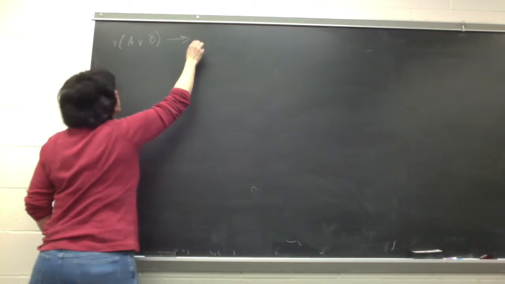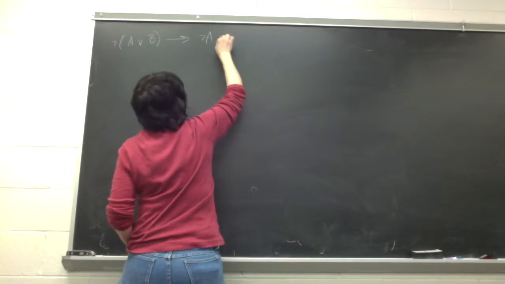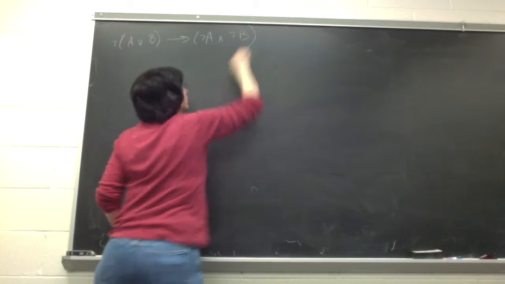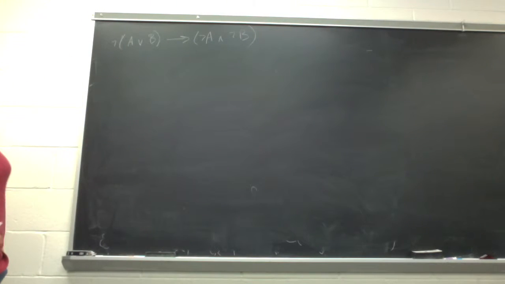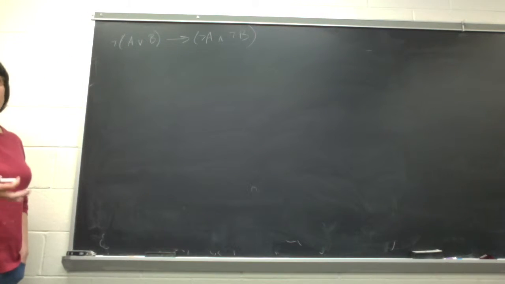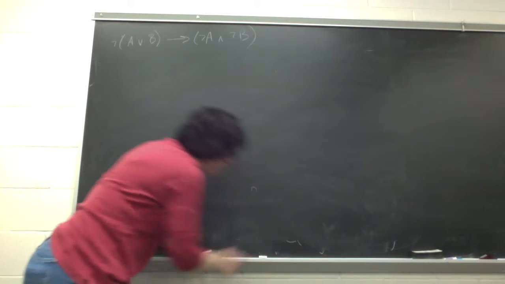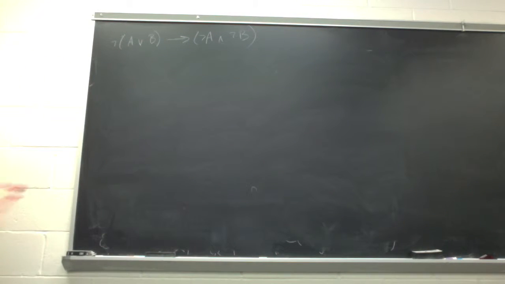Not (A or B) implies not A and not B, right? Which makes sense to me. If you know that not (A or B) is true, then neither of them is true, so we can prove that not A. So what we're going to do is, in every single predicate logic proof, if you're doing something like this,